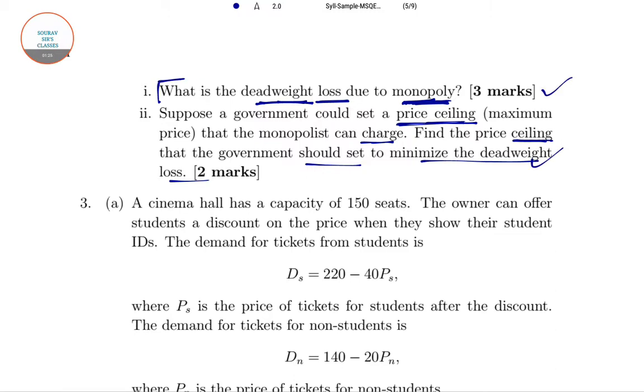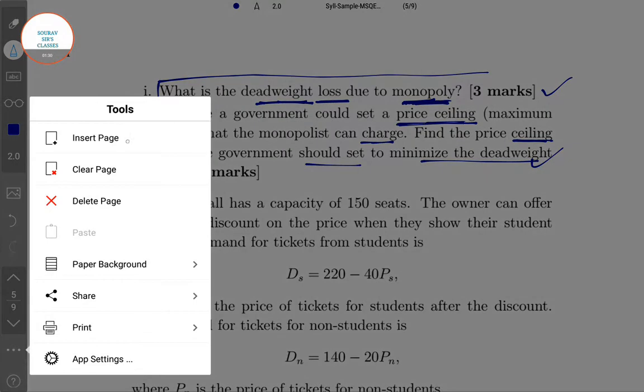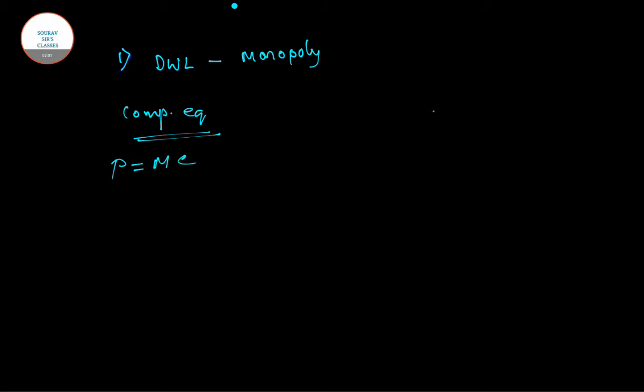First of all we will take the first question, which says what is the deadweight loss due to monopoly. So we have to first find what is the deadweight loss due to the monopolist. We know first that we have to compare it with the competitive equilibrium. So we know in perfect competition the equilibrium will be price equals MC, and in monopoly